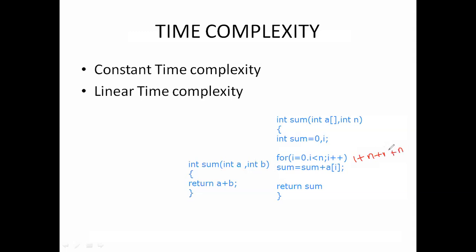So that is n for the n value. So this is the n times, so total repeat equals n plus 1. Okay, so total is 2n plus 2.